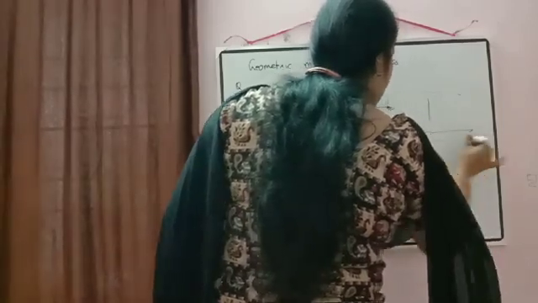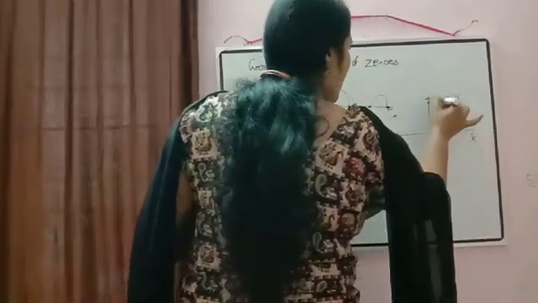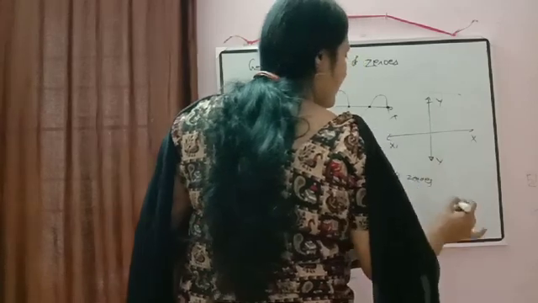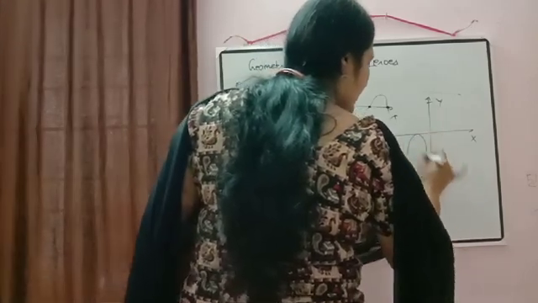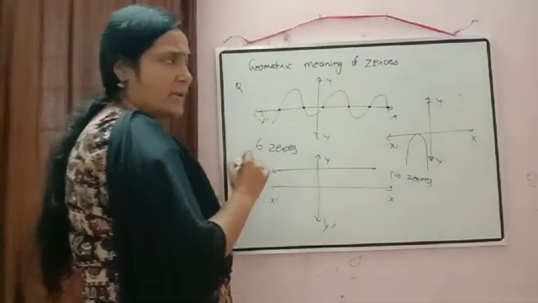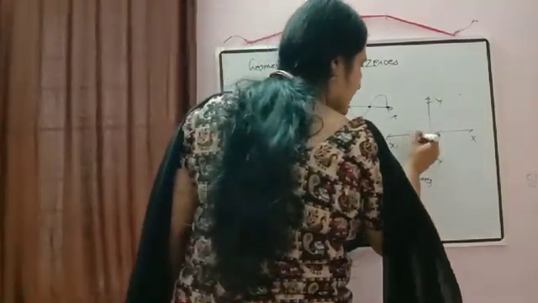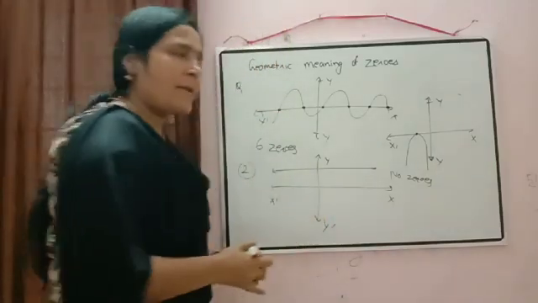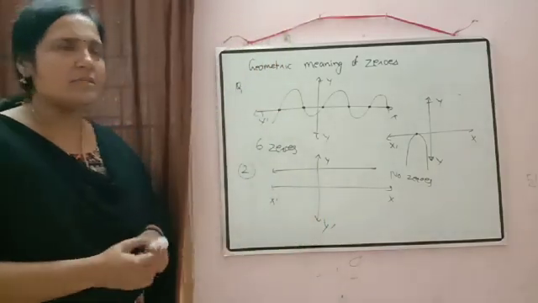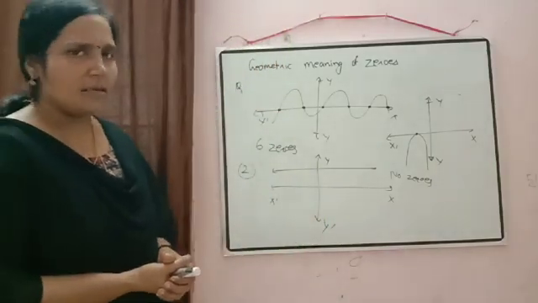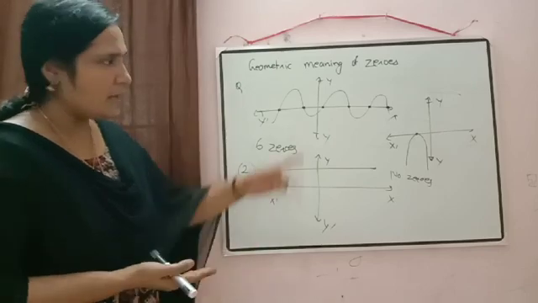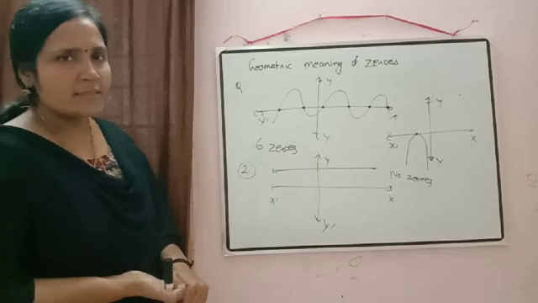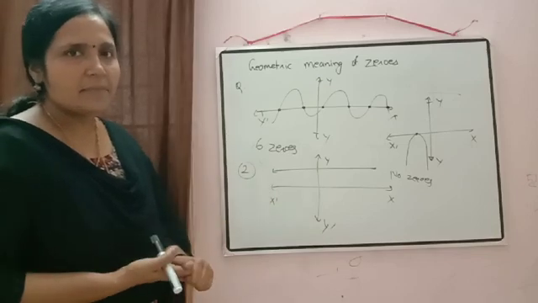Now for the next one, suppose here we have x-axis, x dash, y, y dash, and I have drawn the graph in this way. Yes, it is intersecting the x-axis at only one point. So how many zeros will it have? Only 1 zero, correct? Sometimes zeros can be equal, then no problem, but it will have only 1 zero. So I think this concept is clear.